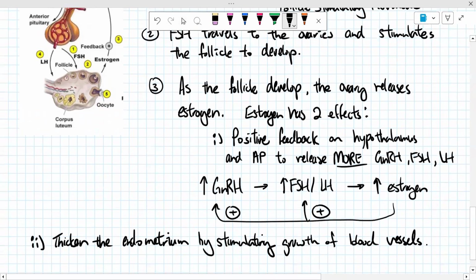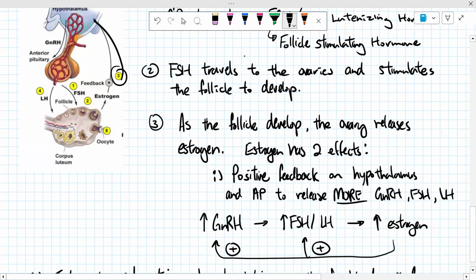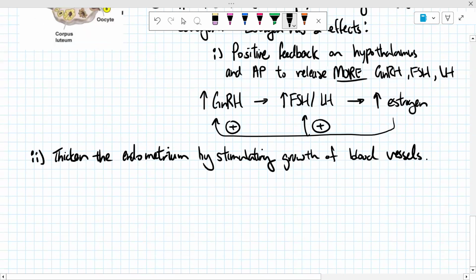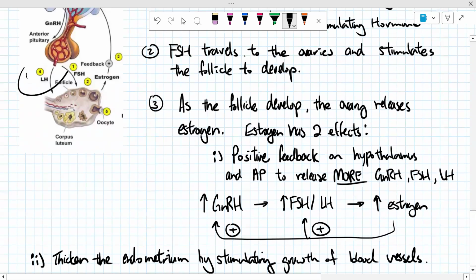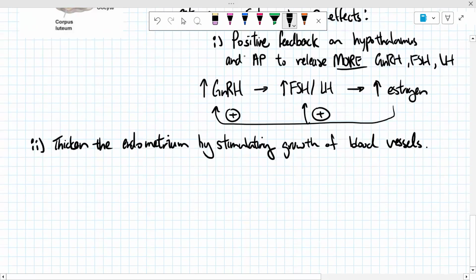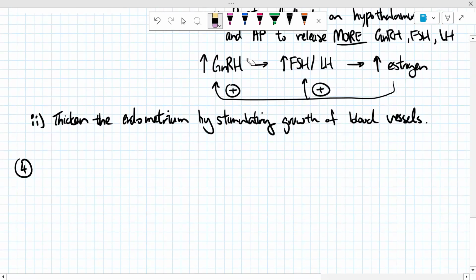Okay, so that's like number three. It's going to go back to the hypothalamus. What it doesn't show in this picture is, it's going to go to the endometrium as well. Did I miss a number? Oh, number 4 right here. So number 4. Now that the estrogen goes back to the hypothalamus and the AP, what happens